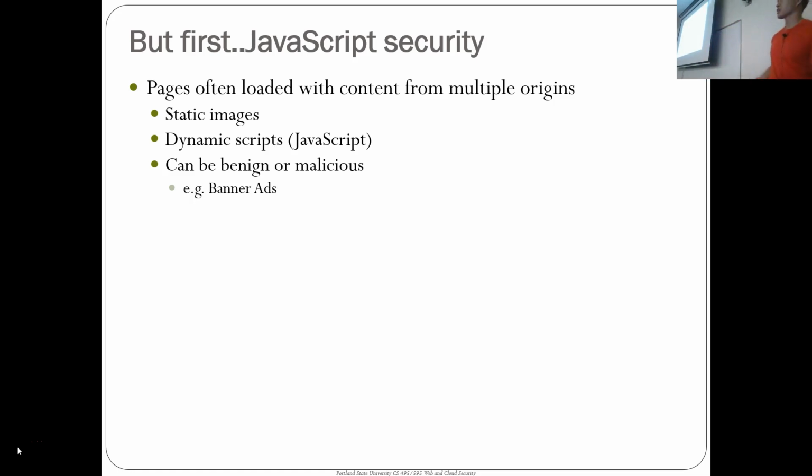But in order to talk about cross-site scripting, I have to talk about how the browser implements JavaScript security. So we've talked about JavaScript as something that you download from a site, and it's actually executing code on behalf of that site. Well, code execution should not be taken lightly. And so